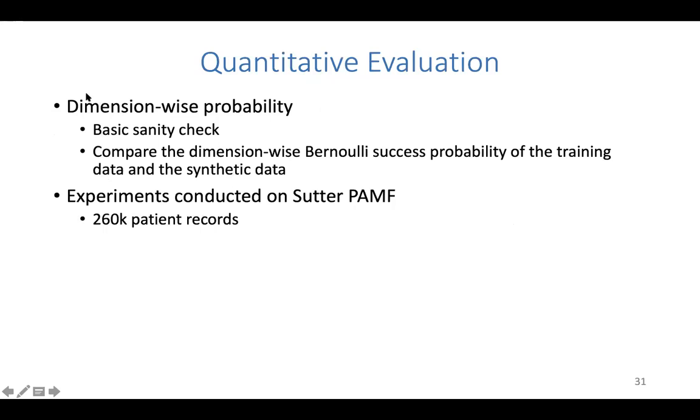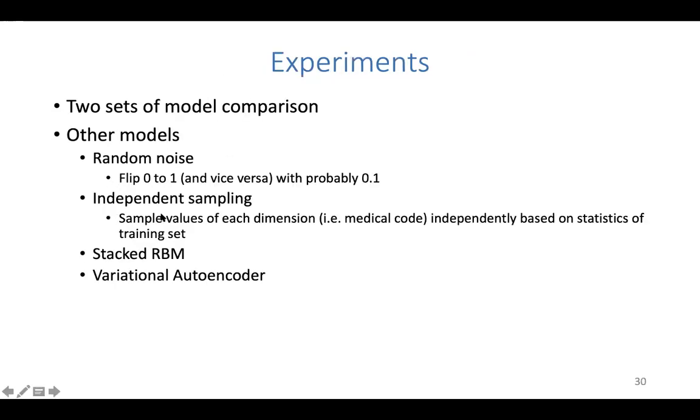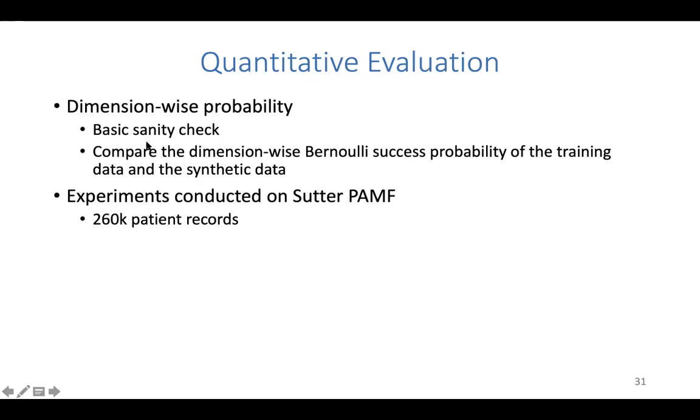And what we do is, we do two things for quantitative evaluation. One is dimension-wise probability. This is just a basic sanity check. We look at each dimension separately and see if the occurrence probability of each dimension is the same as the occurrence probability. I mean, using all these models here and here and here, we generate a bunch of fake samples. We generate the same number of fake samples as the number of training samples, and then we count for each